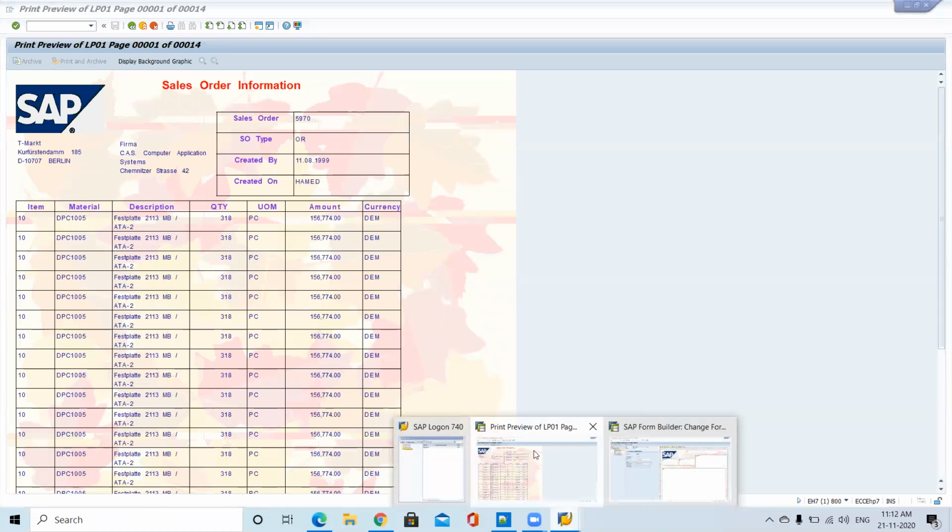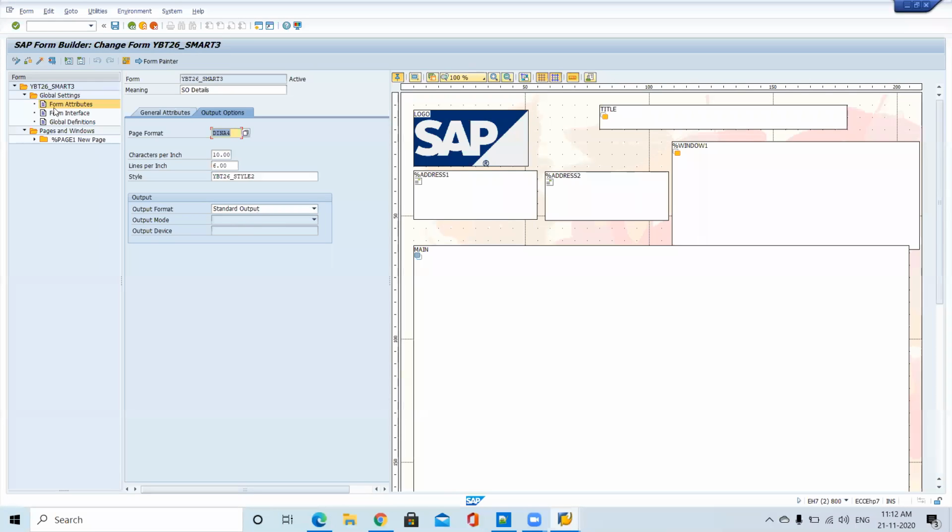Okay. So now go to the smart form once again. This is our smart form. By default, one page is created at the time of creating a smart form. Now I want to create another page format, because the second page is different from the first page.